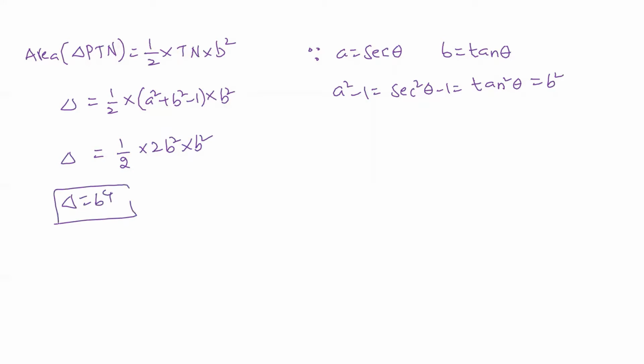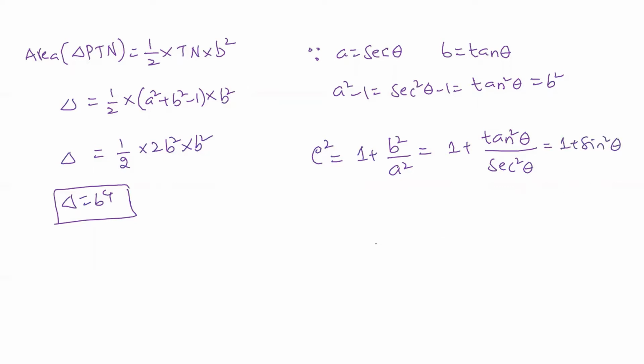So now we need to find out the condition on the eccentricity. So what we are going to get is condition on the eccentricity. So we know eccentricity of the hyperbola is e, then we can write e square as 1 plus b square upon a square. So that can be written as 1 plus, what is the value of b square here? So b square is going to be tan square theta that we'll be having here, and a square can be written as secant square theta. So now if we cancel out the cos square terms, we are going to get this one as 1 plus sine square theta.